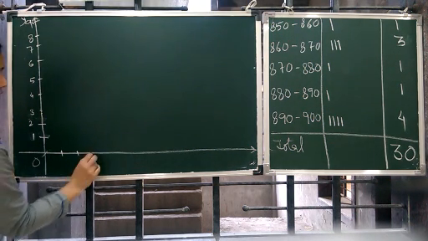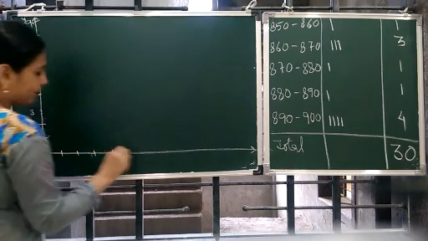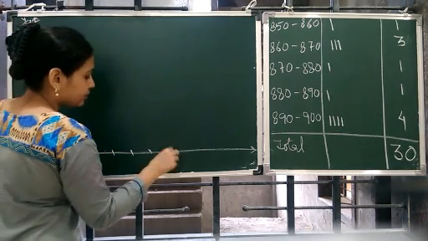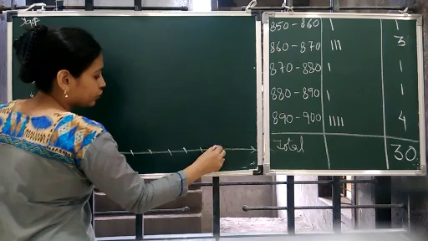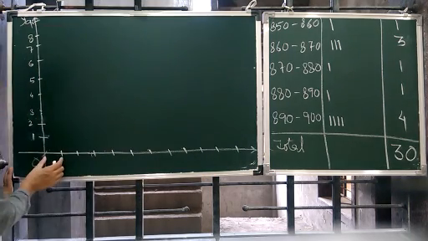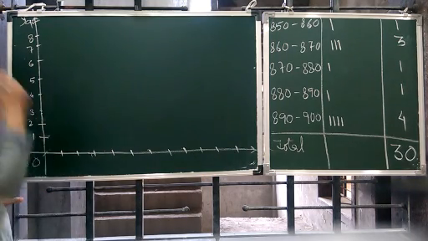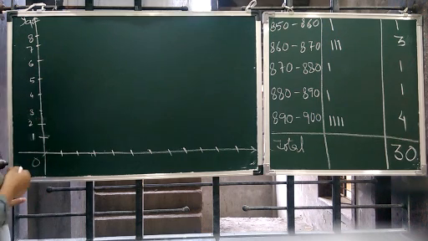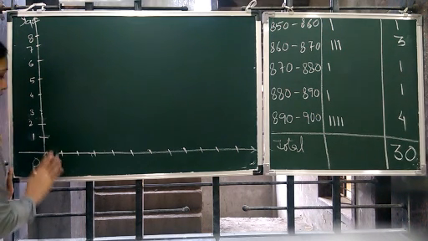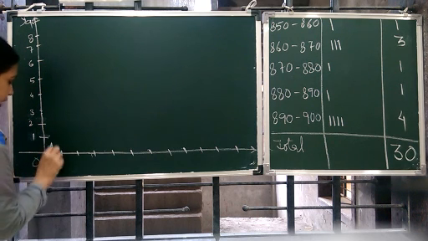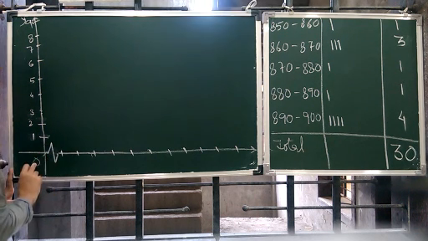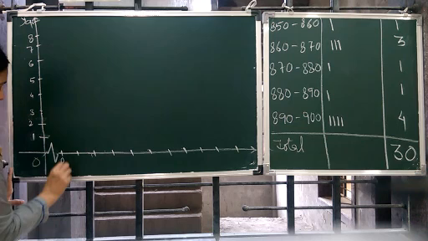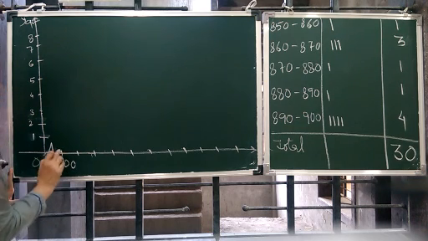And here we make the class intervals. As in a histogram we all know, we start from the 0. The first one was 800 to 810. So we make a cracked line over here, the zigzag line. This shows that we are omitting from 0 to 799. So this is your 800. We are starting our histogram from here.